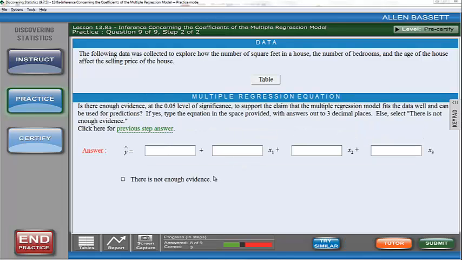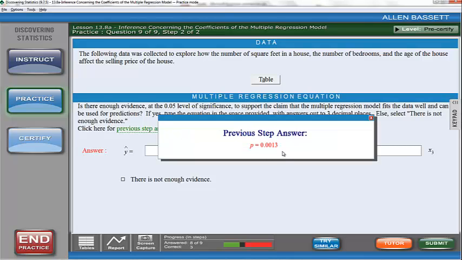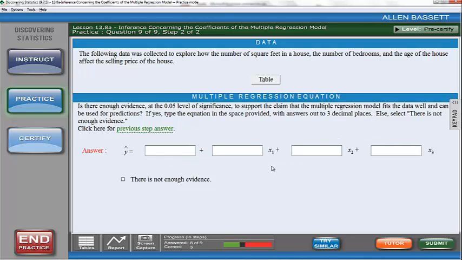The next question, same question. If your p-value is greater than alpha, there's not enough evidence, which in this case, our p-value was not greater than alpha. So there is enough evidence to support our claim, and therefore we need to go ahead and fill in this multiple regression equation,